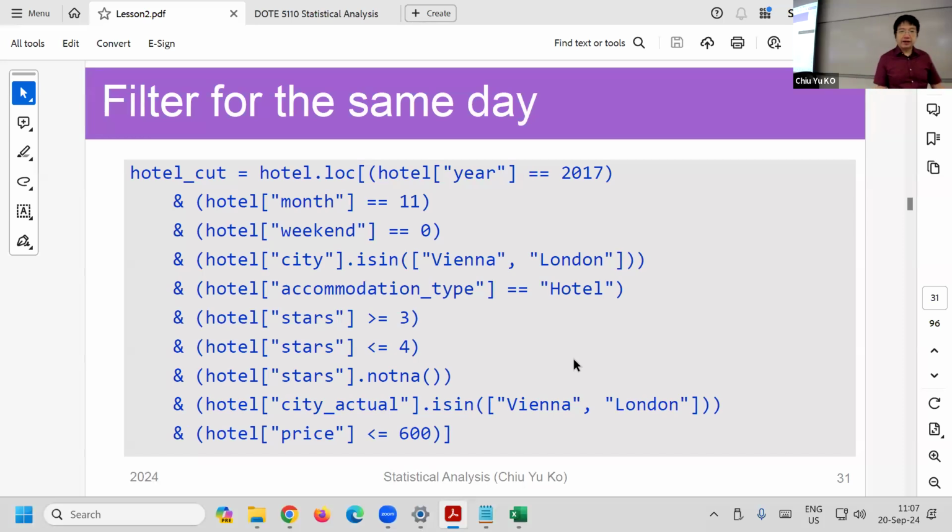Now you can see I have something crazy going on here, but it shouldn't be difficult. Let's go line by line, and you'll see what I'm doing. As I said, loc is selecting a column based on true and false. In the first row, say I want to select only the year 2017, which is easy, and I want to select the month, and I don't want weekends, so only weekdays,